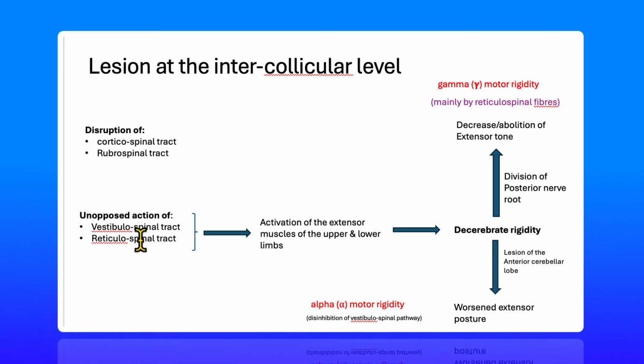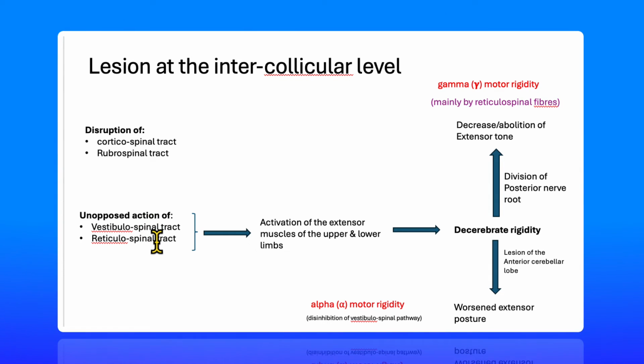However, the vestibulospinal tract and the reticulospinal tract are intact and they are unopposed. The vestibulospinal tract starts from the vestibular nuclei and reticulospinal tract from the reticular formation of the pons and medulla oblongata. And because they are